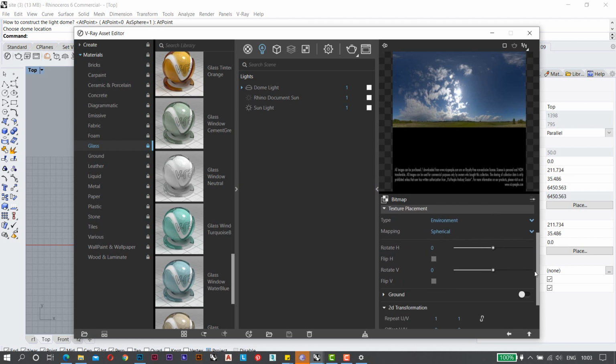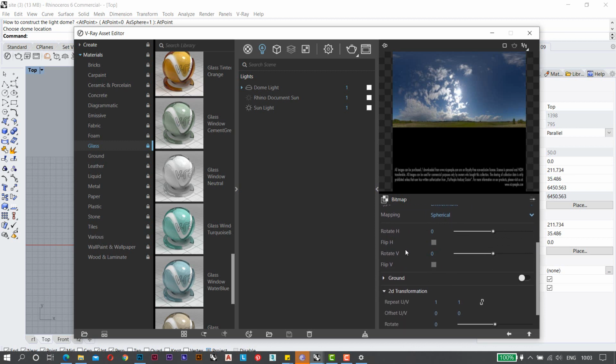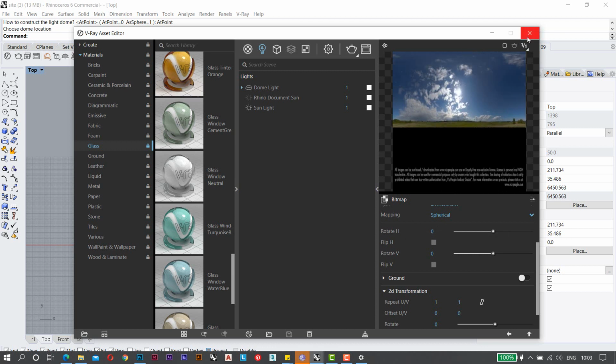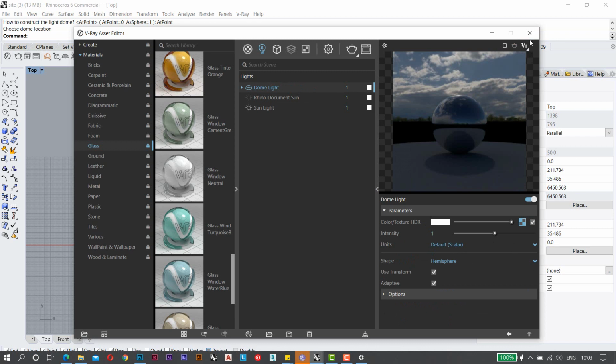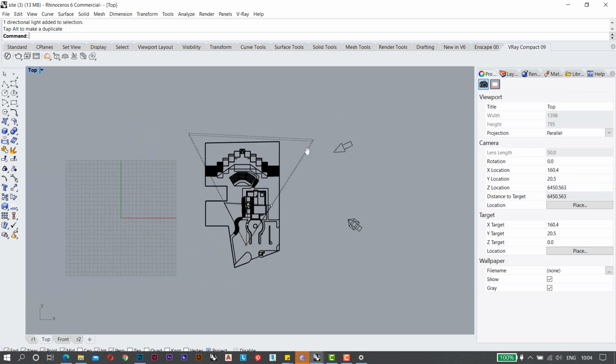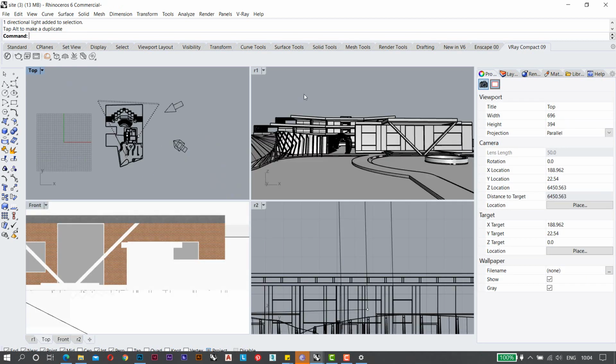You can rotate your image horizontally, not vertically. If I rotate it 90 degrees, you can see it changes my background. If I change it to 120, it changes my background again. In this way you can change your location. Or the other method is to change your image directly by rotating your dome light. You can rotate it like this, and it will change the background as per your need.